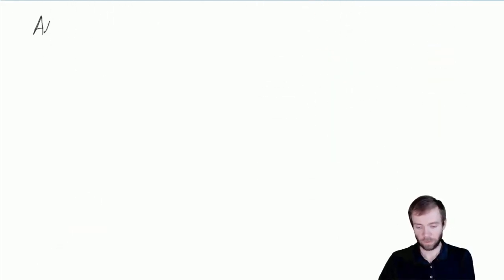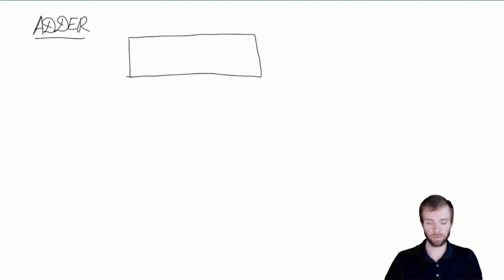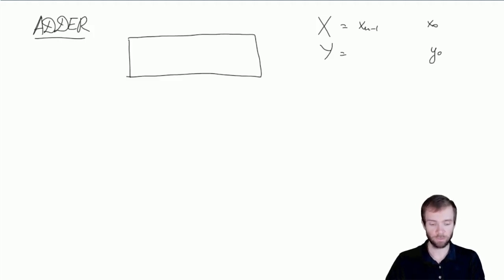So let's pose the problem itself. The adder circuit is the circuit that is supplied with two numbers given by their binary representation. So let's suppose that we have numbers x with bits x0 through xn-1 and y given by its binary representation y0 through yn-1. And when we add these numbers, we get a result